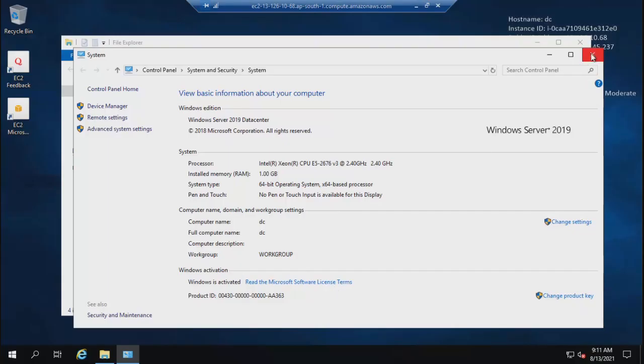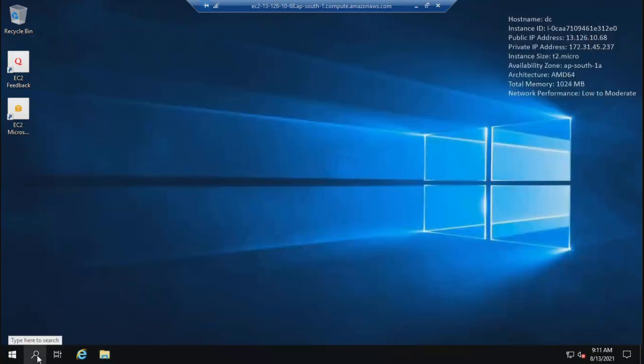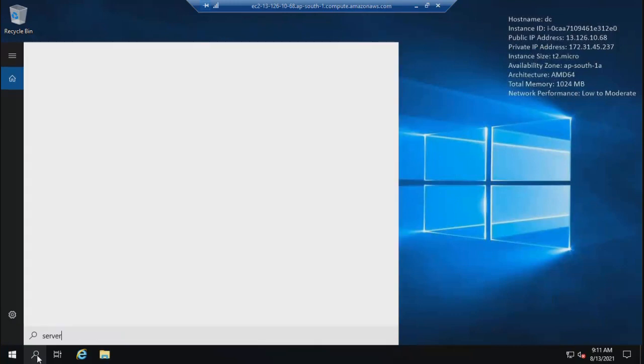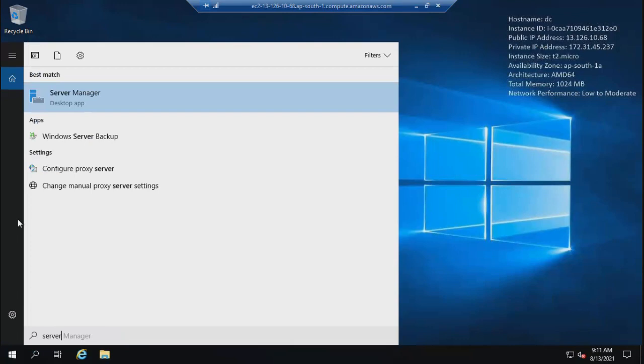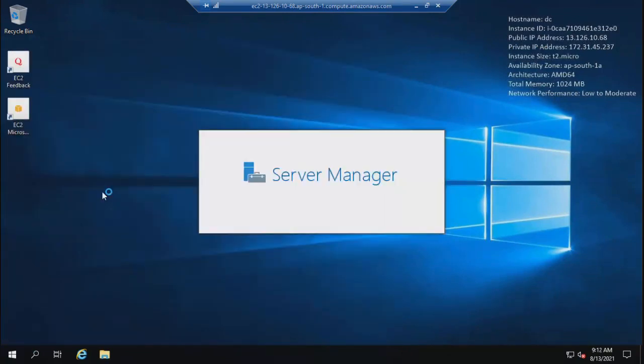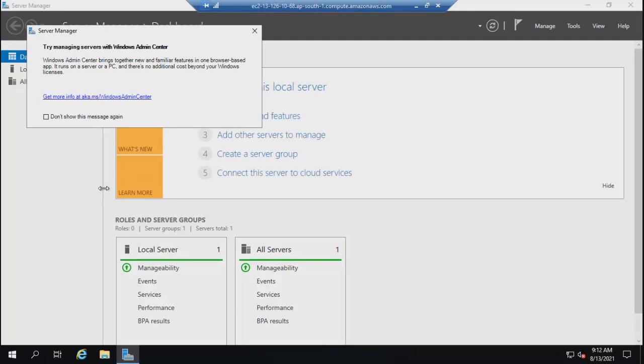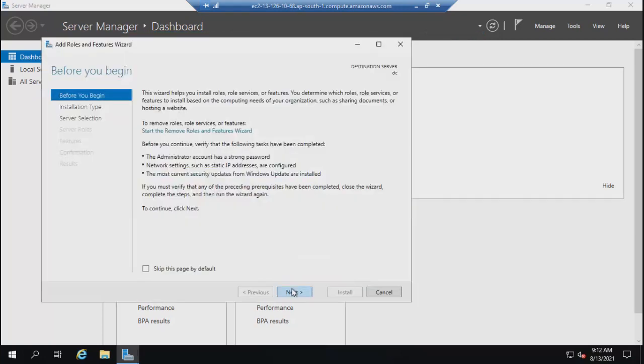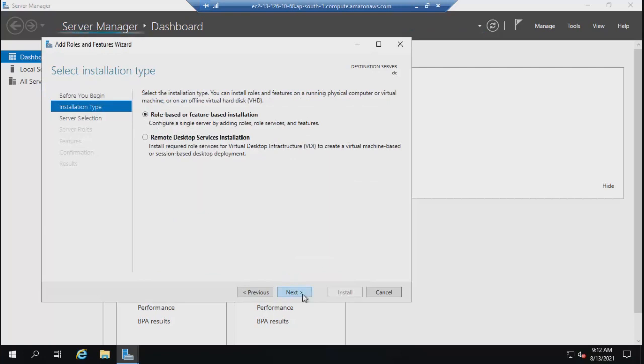So for this, we can look for Server Manager. Add roles and features, saying next, next.